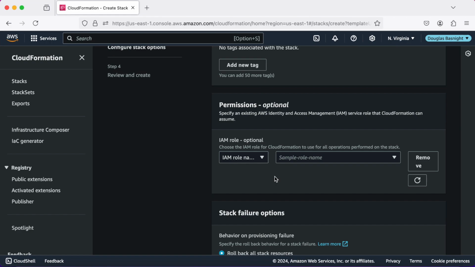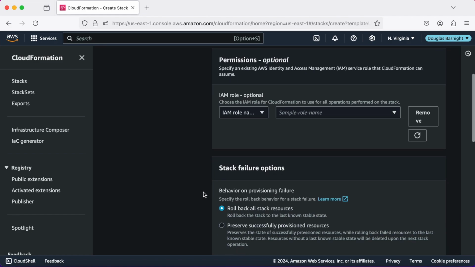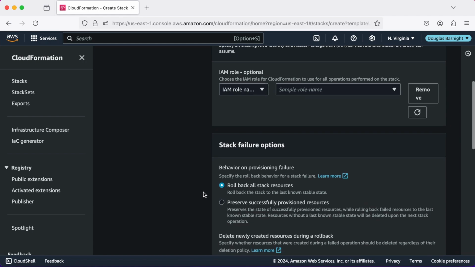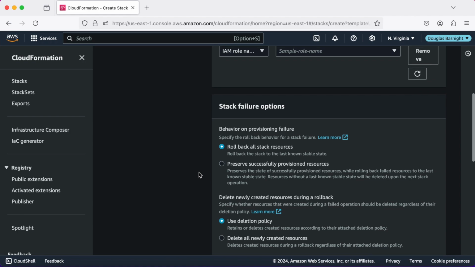So next you also have stack failure options. The behavior on provisioning failure, so in the order that the stack is created. Here you can see the option is to roll back all stack resources. And it's kind of like a snapshot,